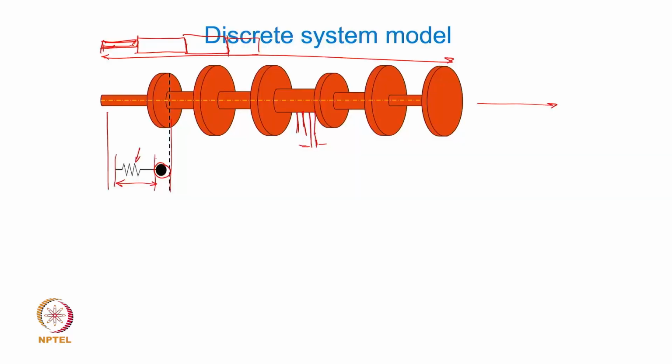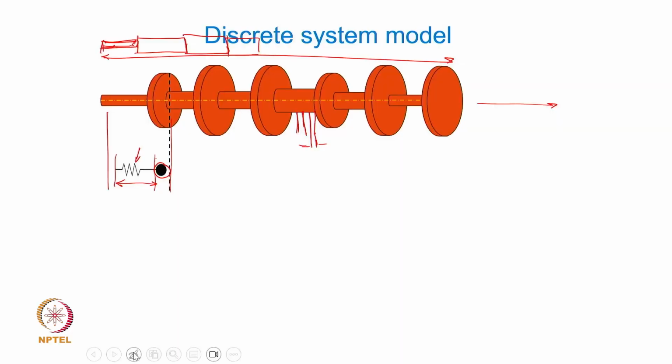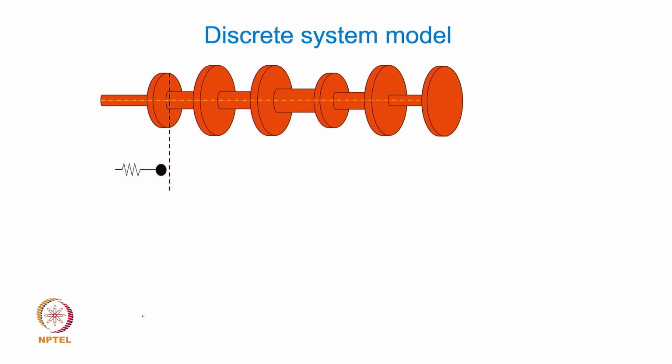But more segments means more calculation, more computation. So you have to get a balance. Anyway, this is the basic process that we follow: we discretize this entire continuum into small segments, and each segment has a lumped mass element